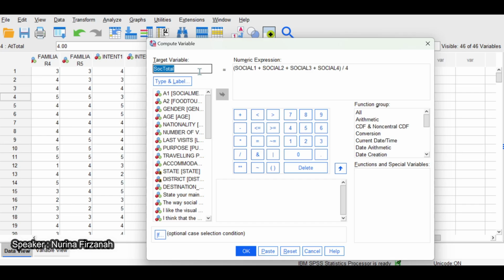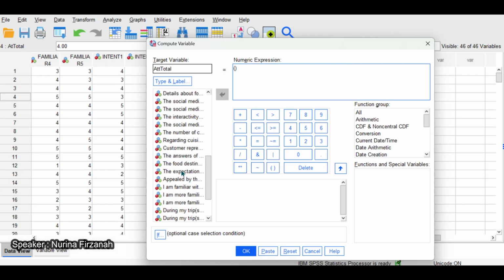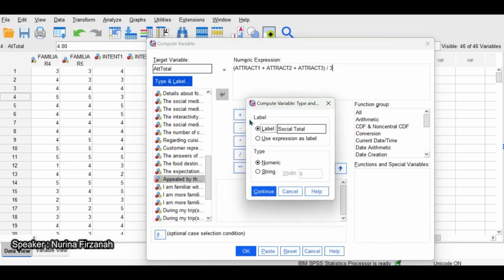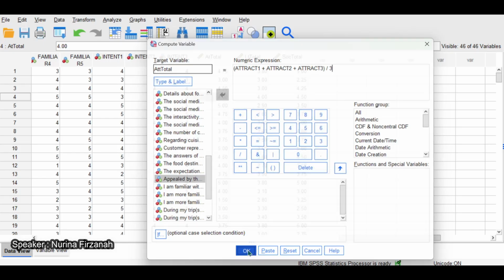To compute the variable, firstly we have to put the target variable. For example, ATT total is the main attribute, attract total, and then put attract 1 until attract 3. And then we must divide it based on the attraction we have. For this label we need to put the right total, and then this is